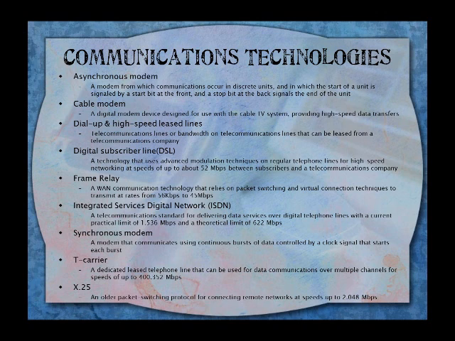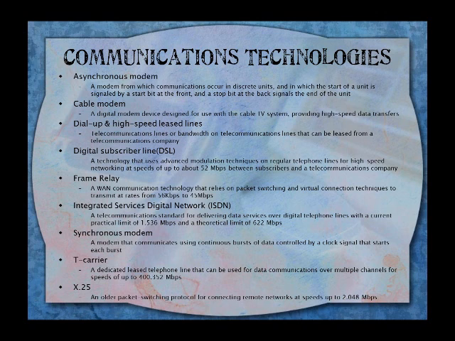The Integrated Services Digital Network, ISDN, is a telecommunications standard delivering data services over digital telephone lines with a limit of 1.536 megabytes per second and a theoretical limit of